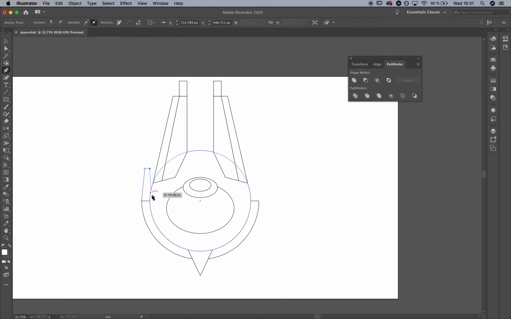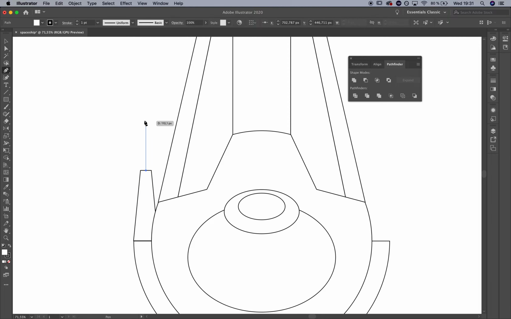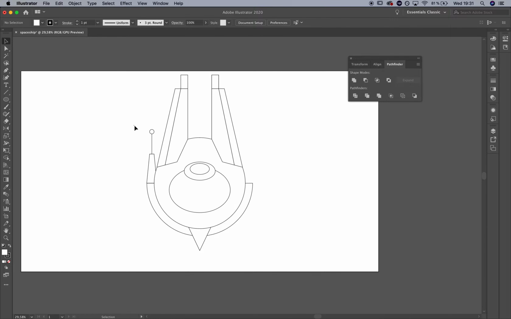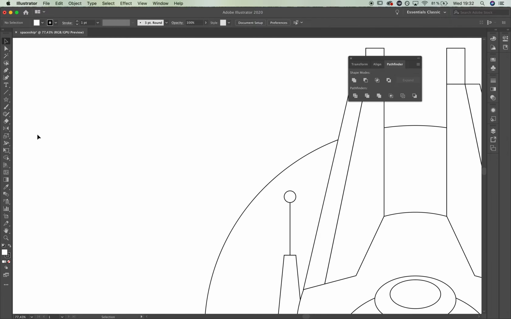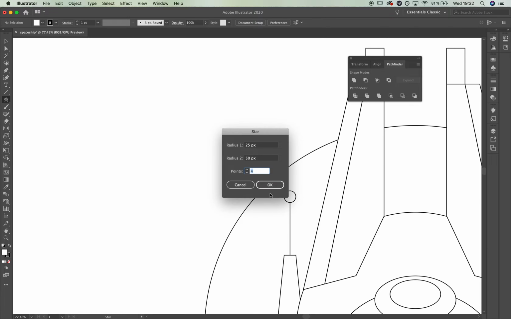The way I see it, those are weapons of the ship, or maybe used for communication. I don't really know, I just like the way they might look. If you have any other ideas, feel free to try to add them, but again, try to keep it as simple as possible. Use the reflect tool whenever you have the same type of elements repeating themselves on the other side as well. And since this illustration is in space, I would like to add some stars.